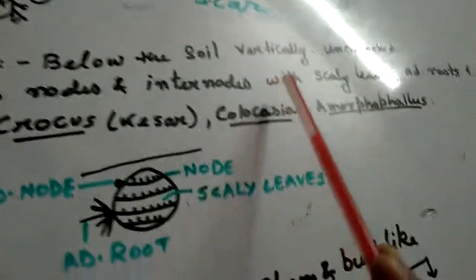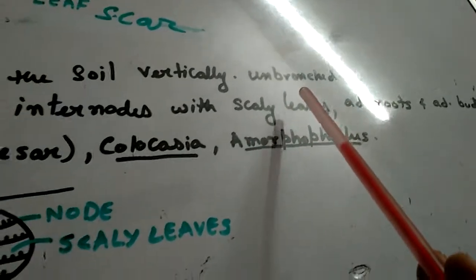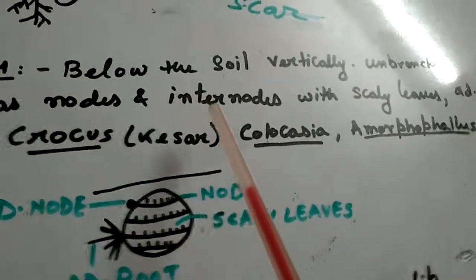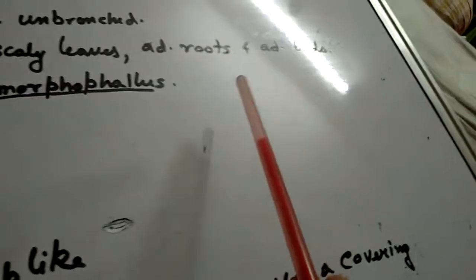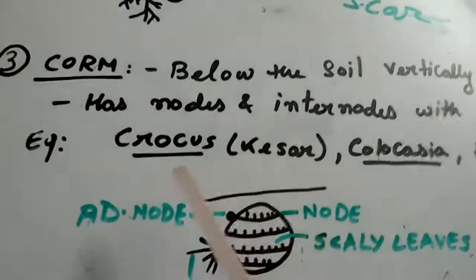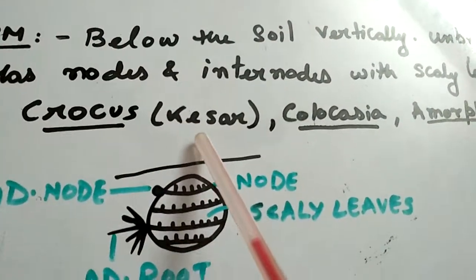It also grows below the soil vertically, and it is unbranched. It has nodes, internodes with scaly leaves, adventitious roots, and adventitious buds. Example: crocus, commonly known as kesar in Hindi, or saffron,